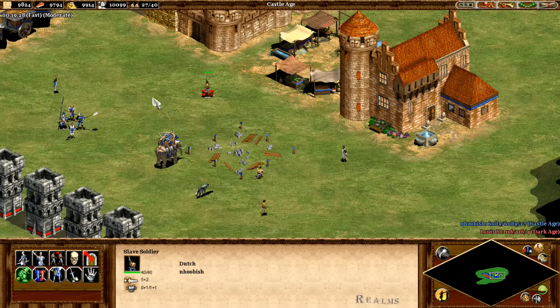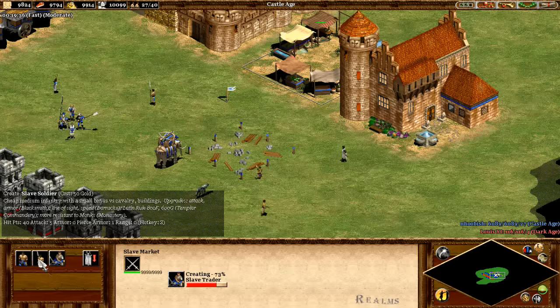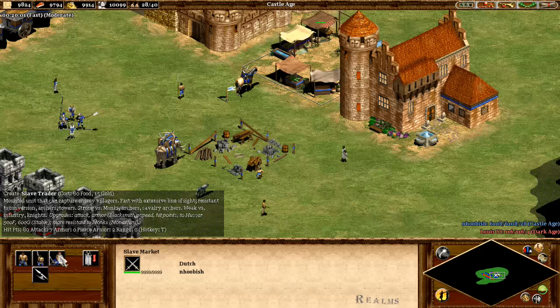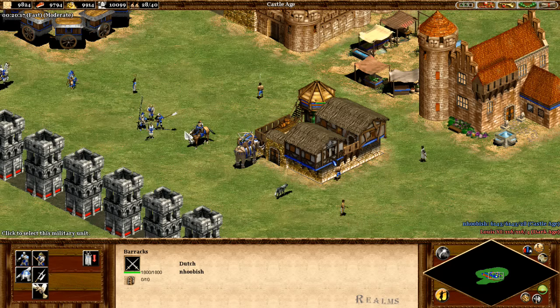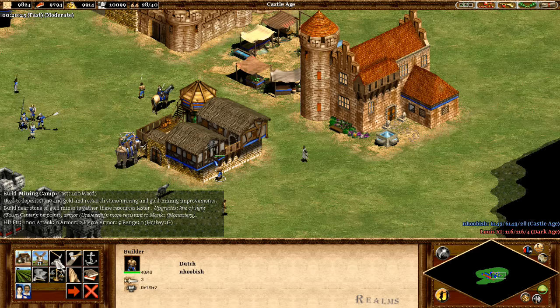Slave soldier is really that costs only gold and has a small bonus versus cavalry. So you could make them in a dire situation or something. And slave trader can capture enemy villagers. So this is like the villager kidnap modification. That's really good. And obviously every building has a